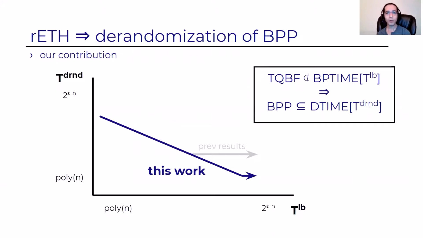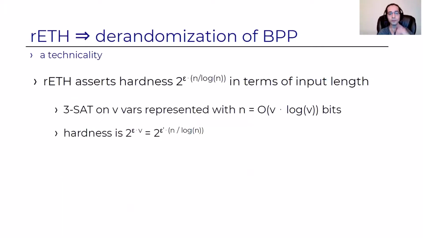And loosely speaking, what we get in the current work is simply we attack the problem directly and manage to significantly extend the trend line and show that stronger lower bounds do indeed imply faster derandomization for a large setting of parameters. And let's be a bit more technical about this.